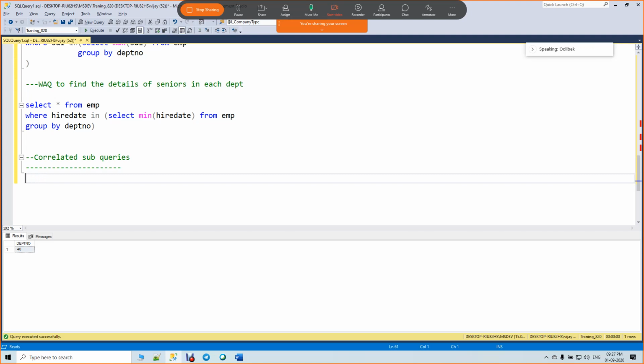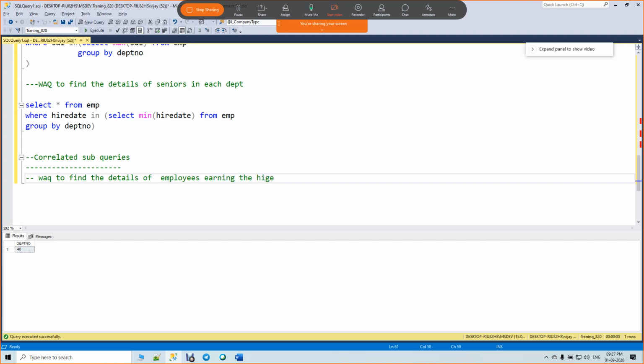Write a query to find the details of employees earning the highest salary.